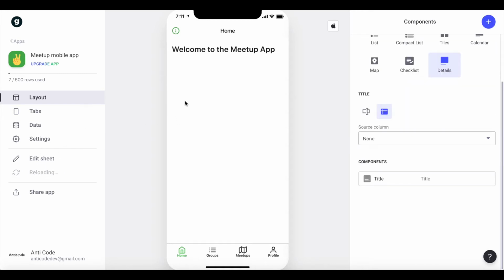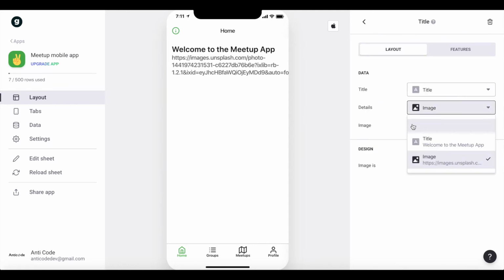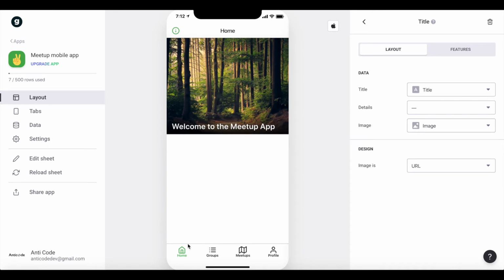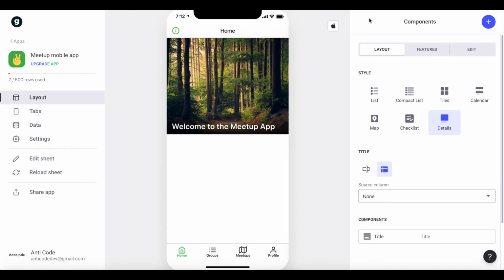I'm just going to reload the sheet, and as you can see, let's actually change the details to blank, and let's change the image to image. As you can see, we have a starting page here now under home. So welcome to the Meetup app. And we have our image here. And let's now actually add a new